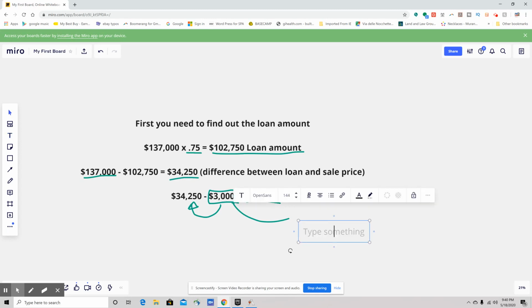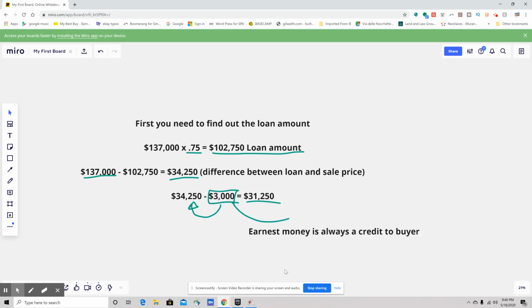Earnest money is always a credit to the buyer, so keep that in mind when you're working through this. Although 34,250 is the difference between the loan and the sale price, they have a credit coming to them of $3,000 because of the earnest money, and that is going to give them a balance left over that they need to bring to closing of